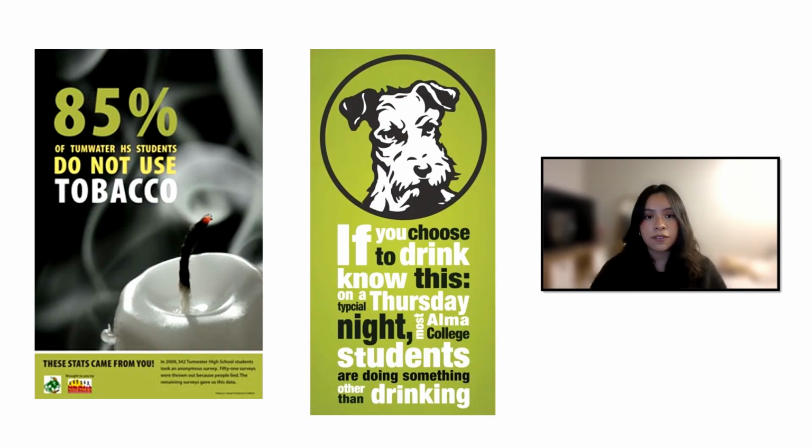So in terms of some more examples, the example on the left is a different population. However, it still employs the same methods. So it's still highlighting the positive reality and it's still looking to correct an inaccurate perception. The one on the right side, this one is more casual phrasing, but the approach is still the same as it's still looking to normalize a healthier behavior.